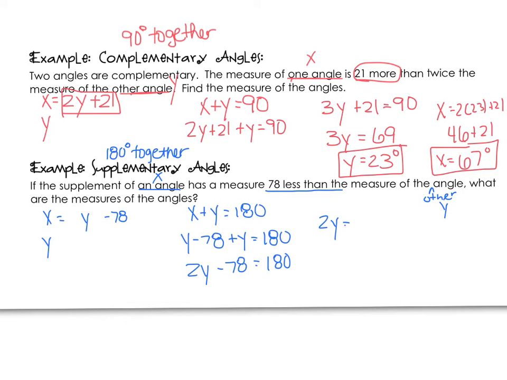Challenge my math skills here. That's 258. You guys probably should check that. Make sure I did it right. Divide both sides by 2, so that's 129 for the second one. And the first one would be y minus 78. So 129 minus 78. So that's